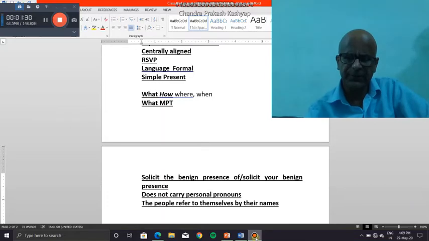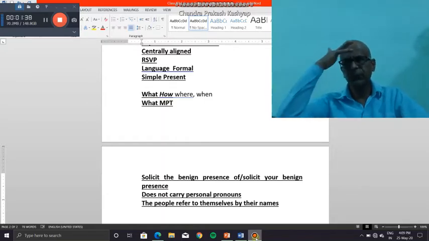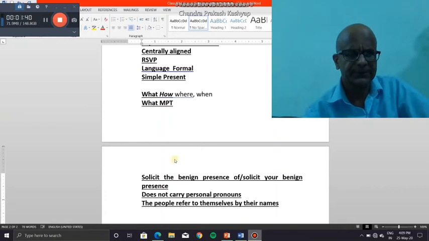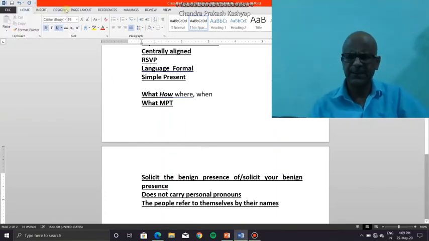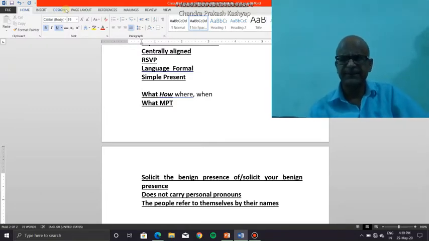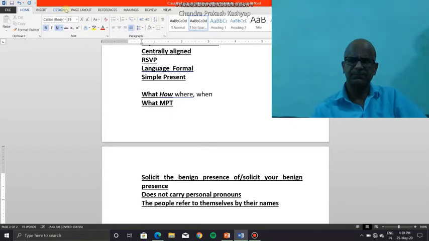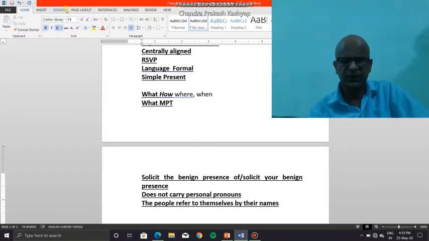At the bottom it carries the address of the person who is extending the invitation, and the letters RSVP, which I've already told you in English mean reply if you please. Alright. So I will give you a few samples of formal invitations. I may word it anyhow, but it has to be formal.